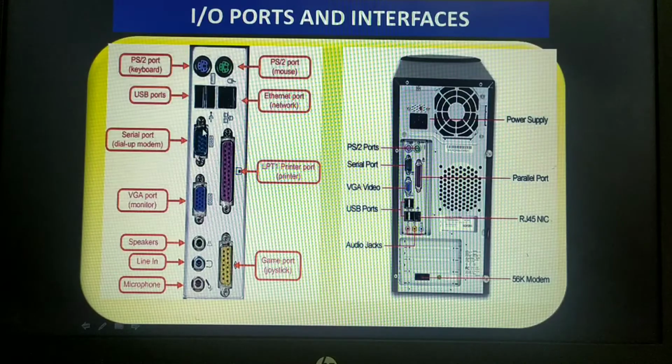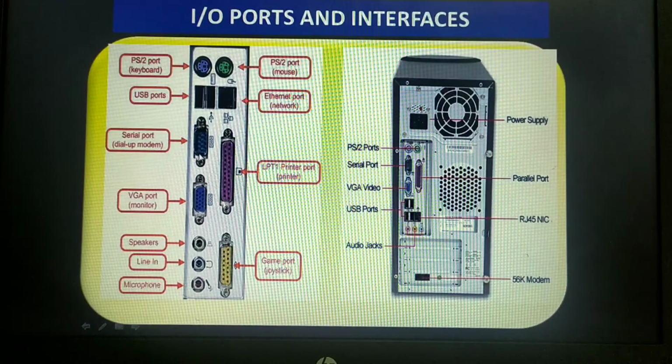This serial port, usually called the communication port, is used for connecting communication devices like mouse and modems. If I need to connect external devices like a mouse and modem, usually I'll choose this port known as the serial port. Now why is the name serial given? Because this port transfers the data serially, one bit at a time, and it needs only a single wire to transmit that one bit of data. That means at a single time it can transfer only one bit of data.